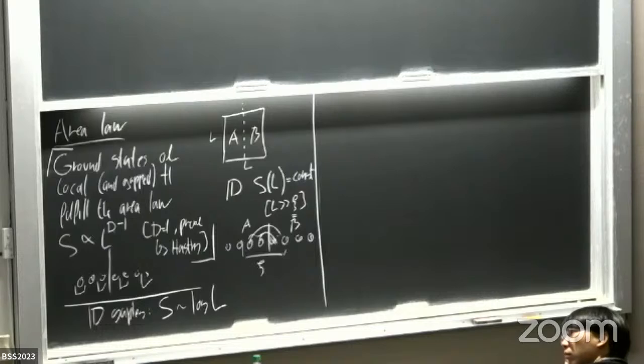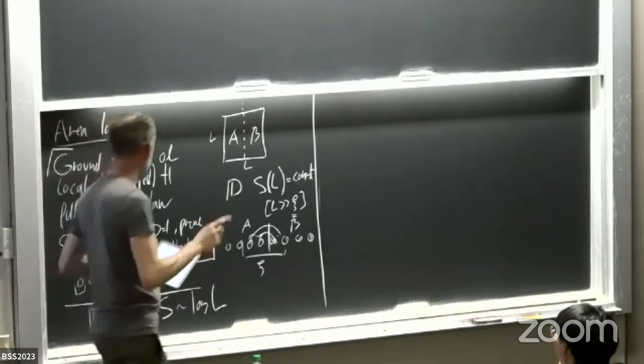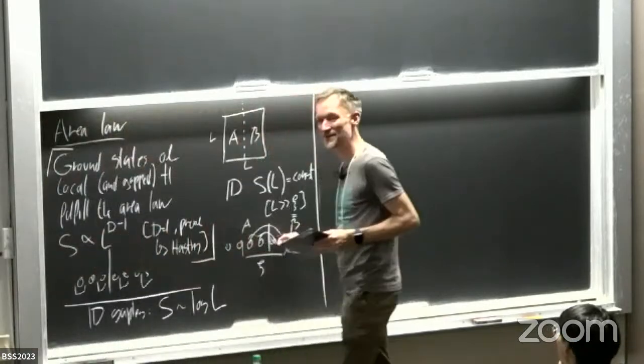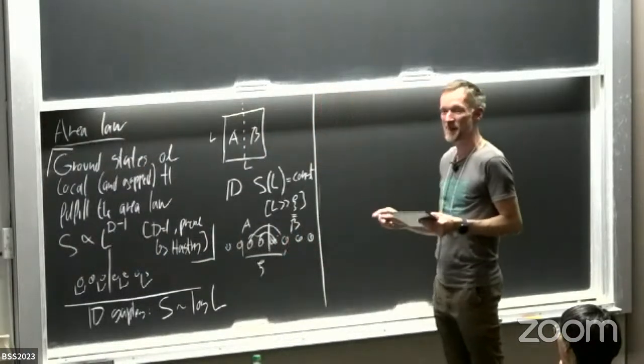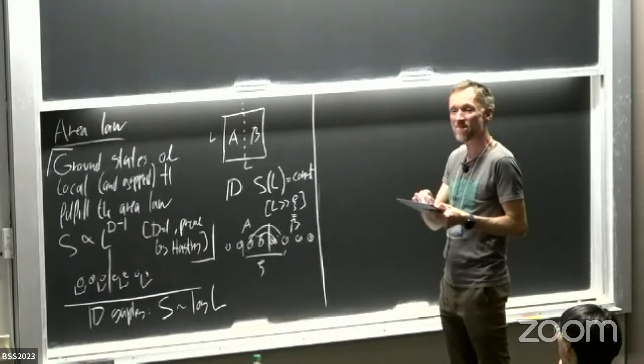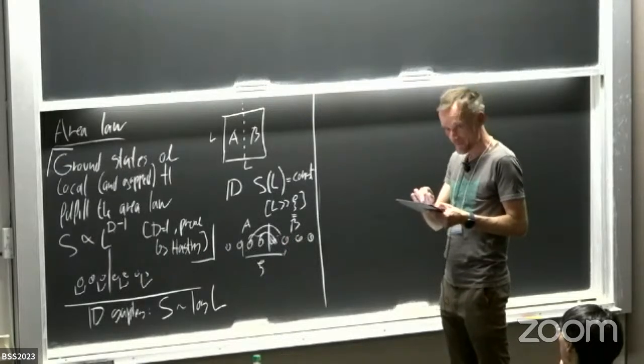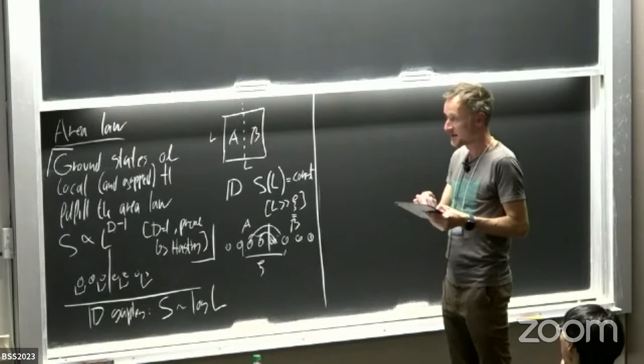That's right, but the other way works. If you just have short range correlations, you can say that you have... Wait, now I'm confused myself. No, but for ground states, we can make the statement that in the ground state we have short range correlations. That's right, yeah. But these statements, right?